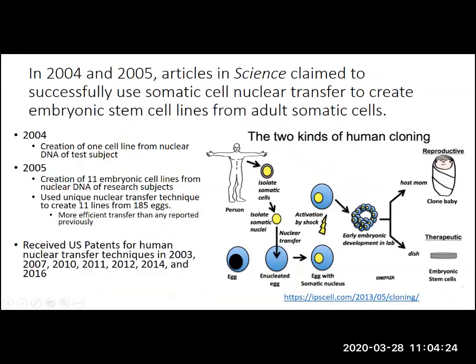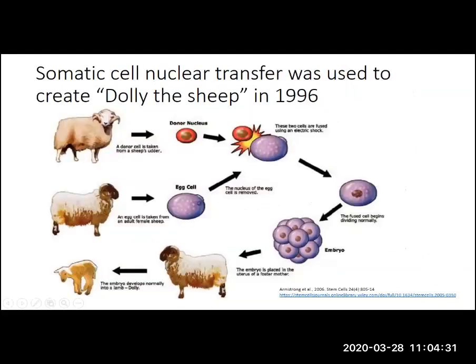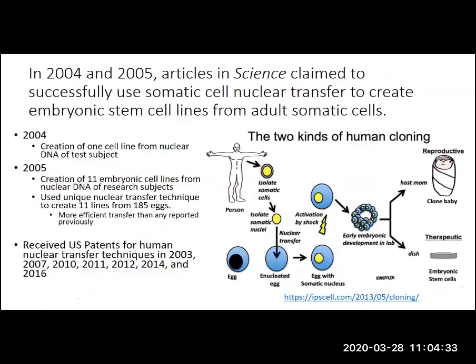And this occurred in 2004 and 2005. And so this slide is very similar to what we had on this previous slide, where we looked at the creation of Dolly the sheep. So, we've got a donor here. We're going to take somatic cells, body cells, isolate the nucleus. We're going to have human ova, in this case, human egg cells. We're going to get rid of the nucleus to form an enucleated egg here. And we're going to take that somatic nucleus, diploid nucleus, 2 sets of chromosomes, genetically identical to the donor, put